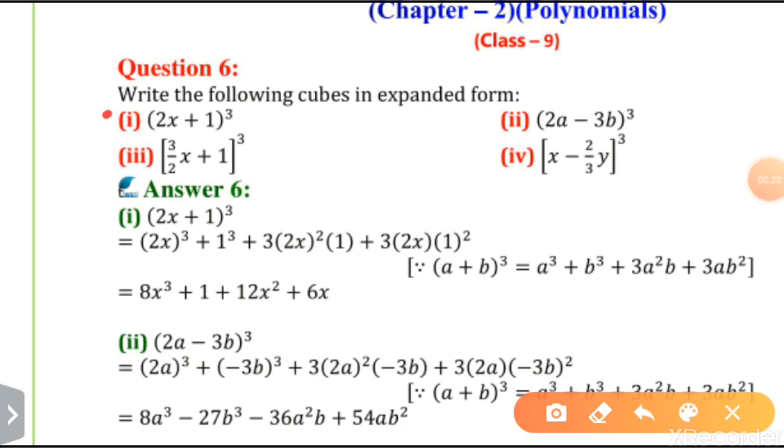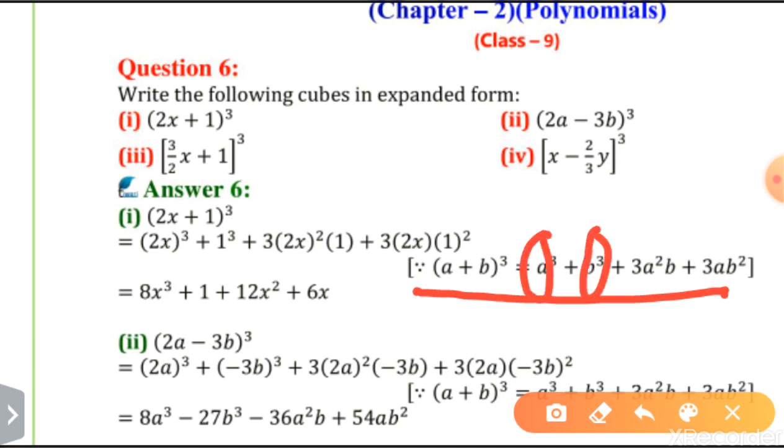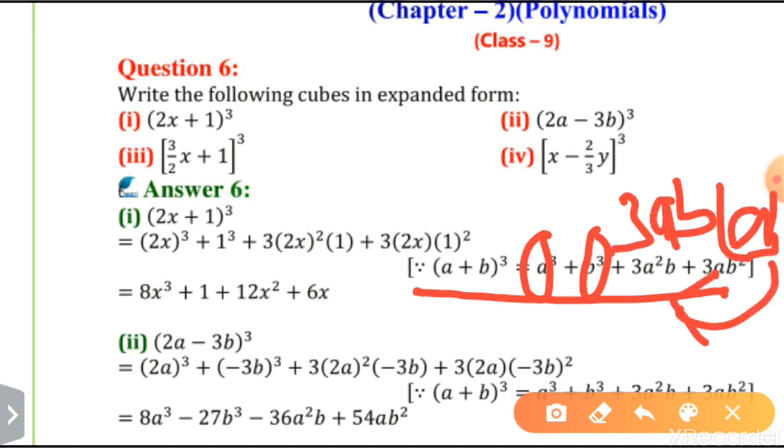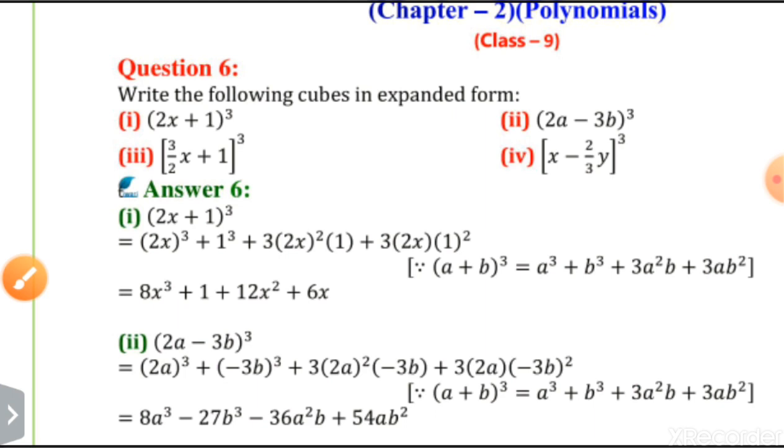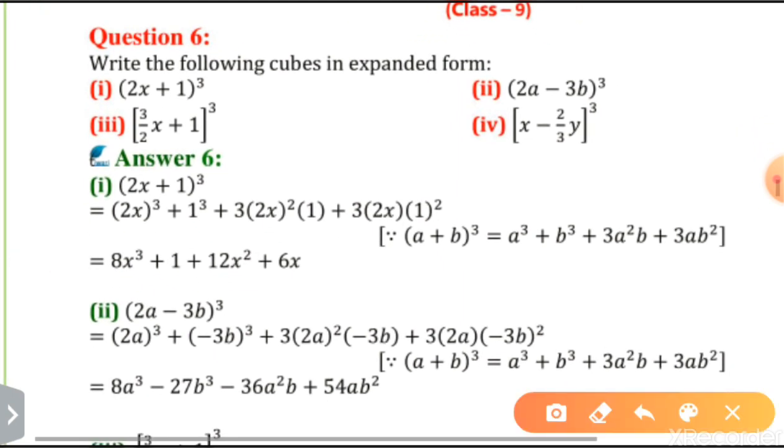Next question is, write the following cube in expanded form. If you have already written all the formulas previously, you will see that these are the formulas and you have to learn the formulas. Though in the book it was written (a plus b) whole cube is equal to a cube plus b cube plus 3ab into (a plus b). If you expand it, you will get the same. That means that one and this is the same formula. It is in the bracket, and when you open the bracket you will get the same. But you will apply this formula because this is the most convenient formula.